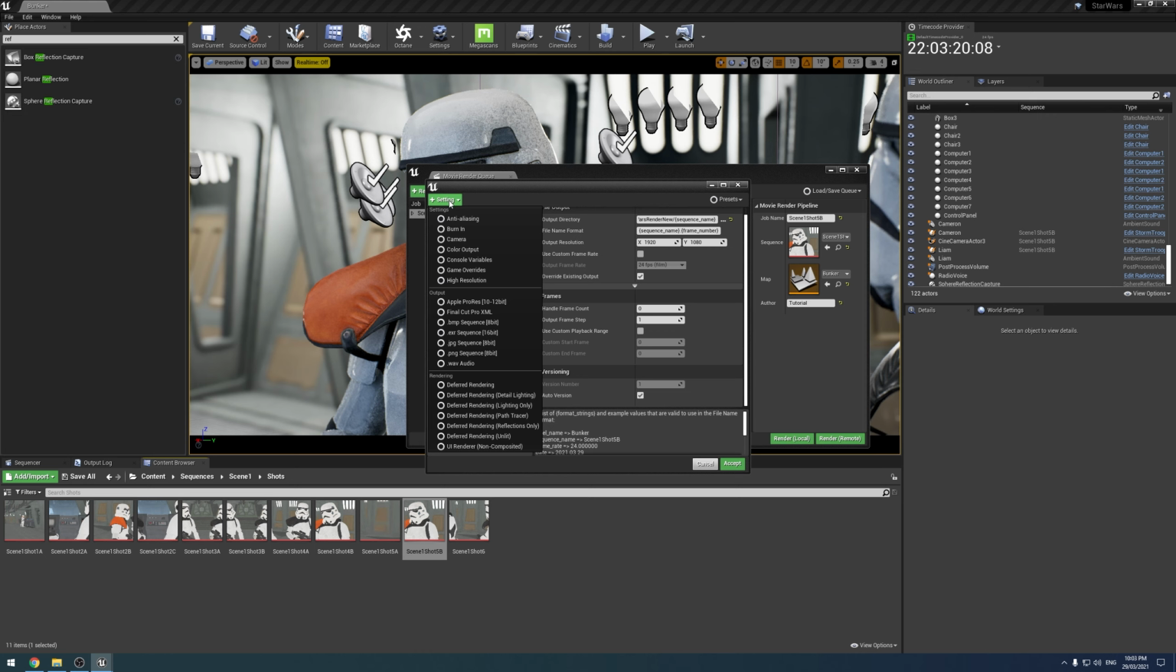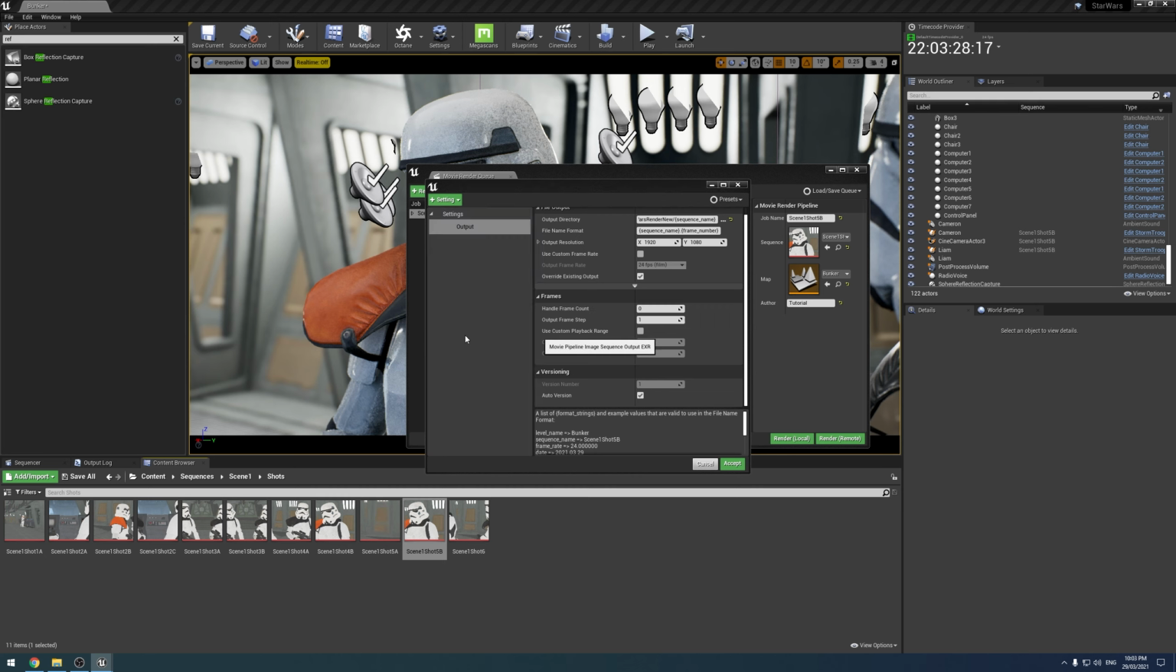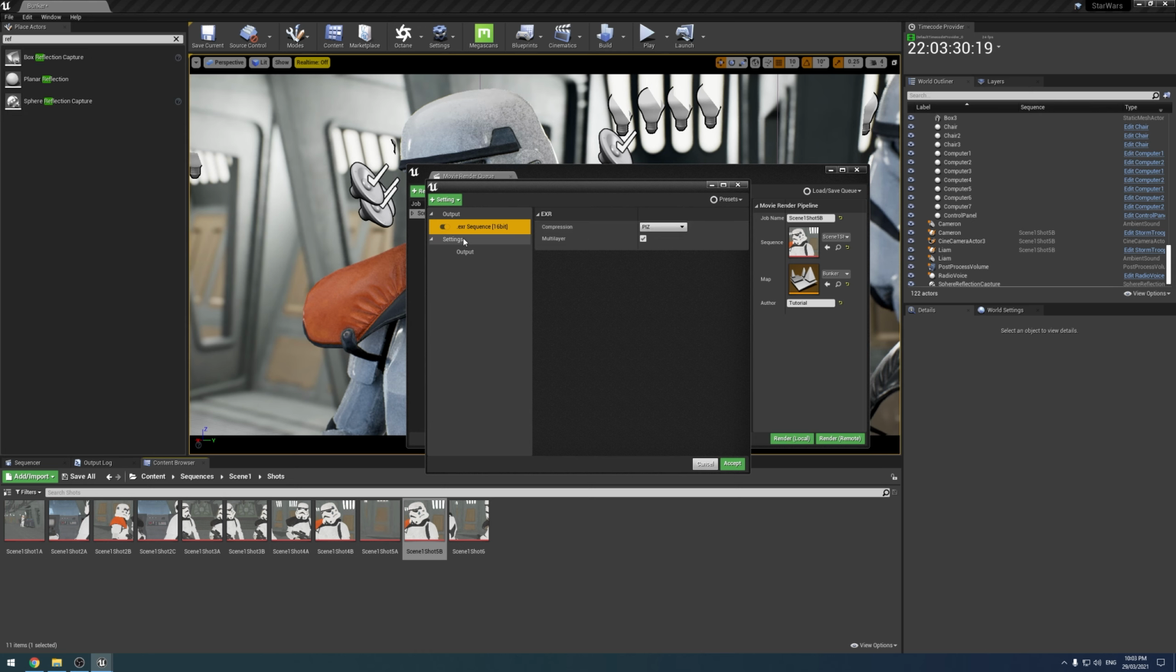Alright, so what we're going to start with is our output format. So there is ProRes in here, and you can use ProRes if you want, but we're actually going to be using linear EXRs instead. So EXR sequence, and